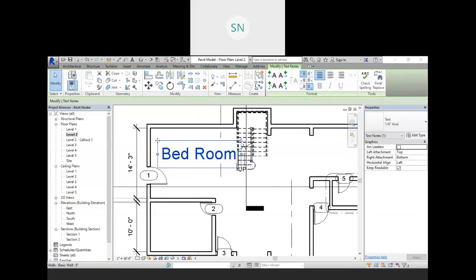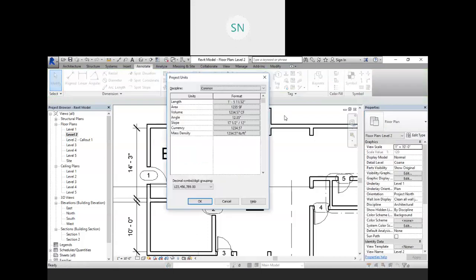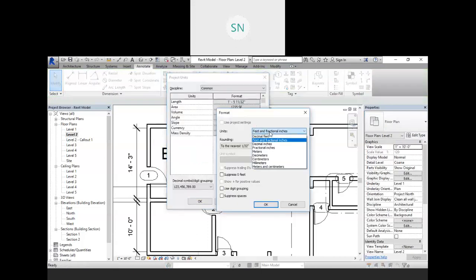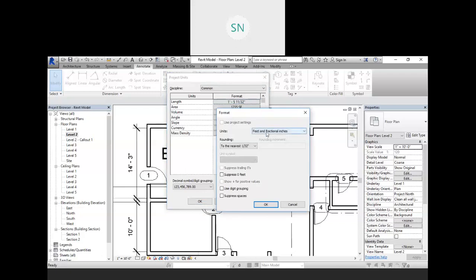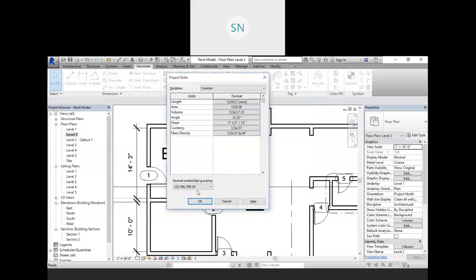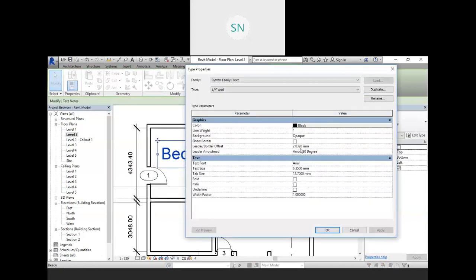But if it is uncomfortable for you while you are working with feet and inches, then temporarily change your unit to millimeter, so it will be understandable. Hit OK and OK. Now select this, go to edit type, and here is the text size.